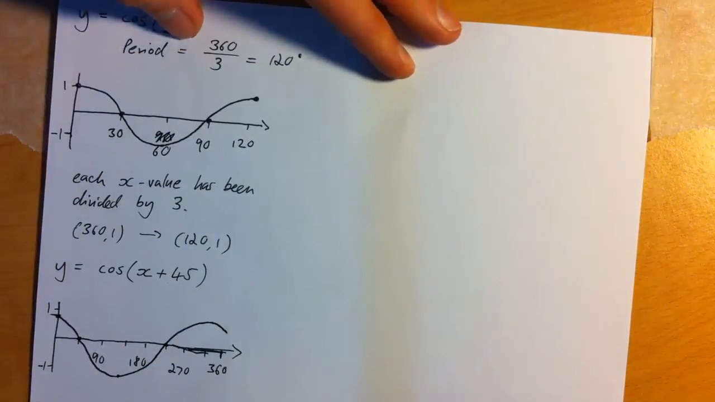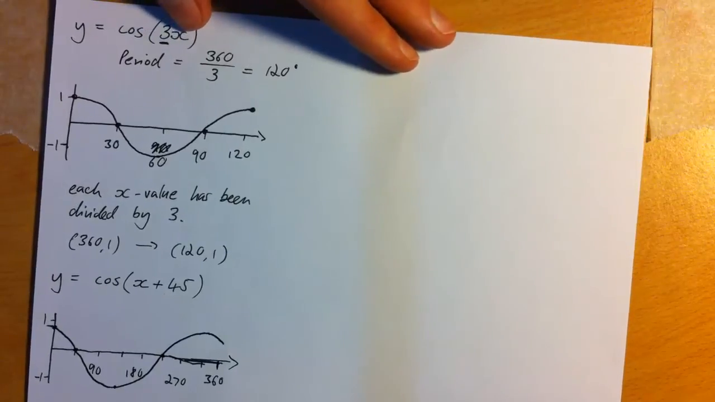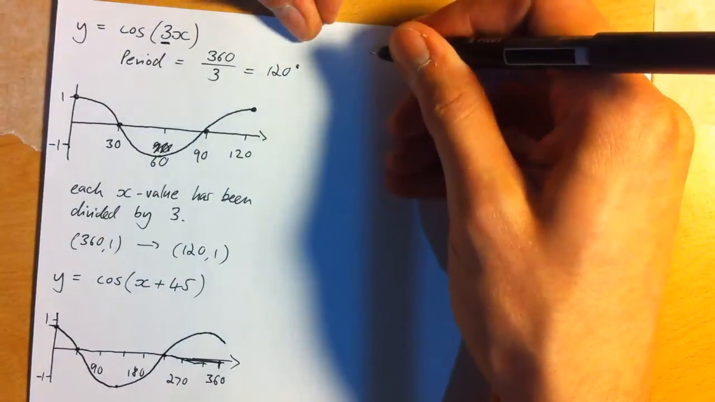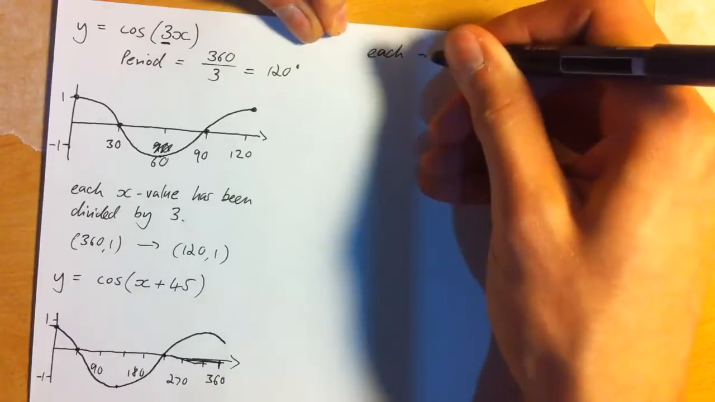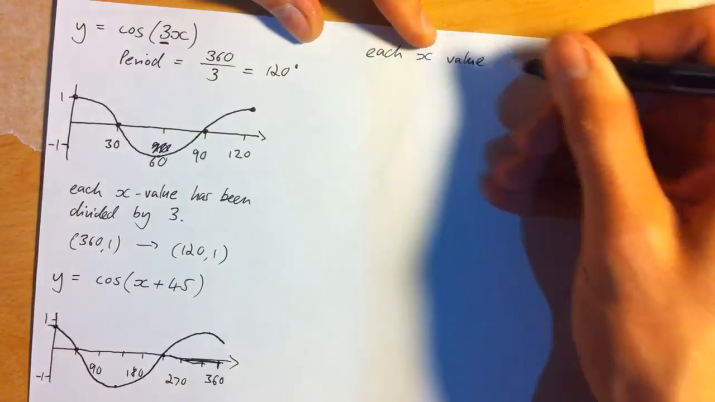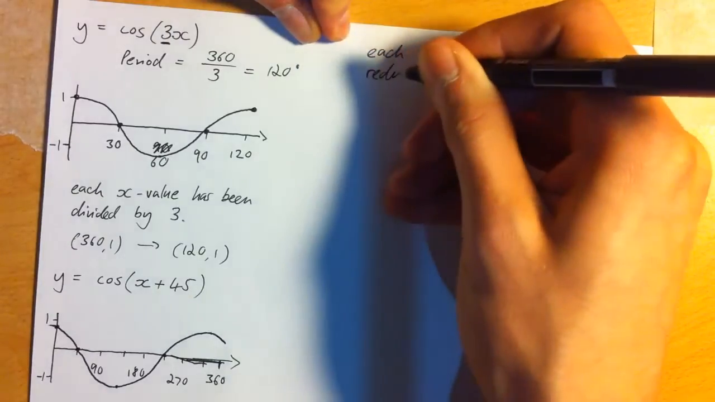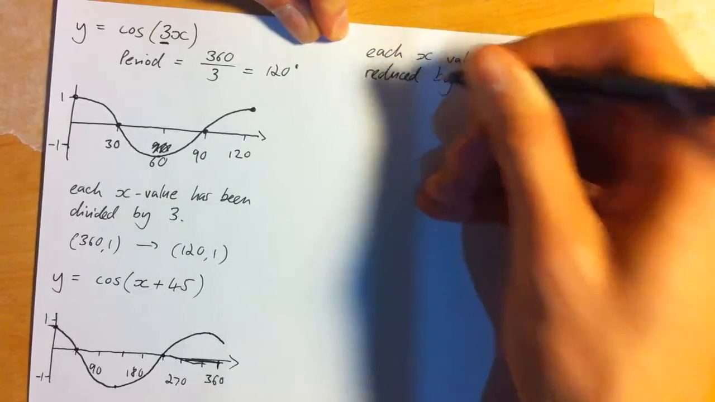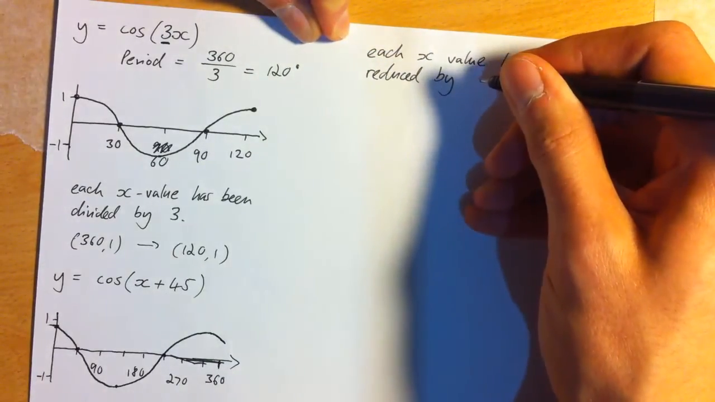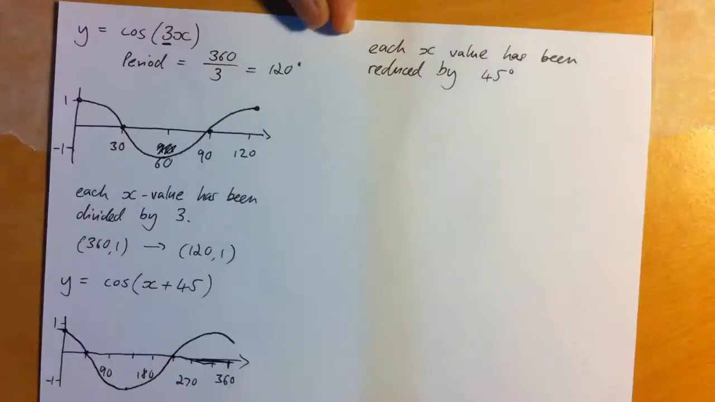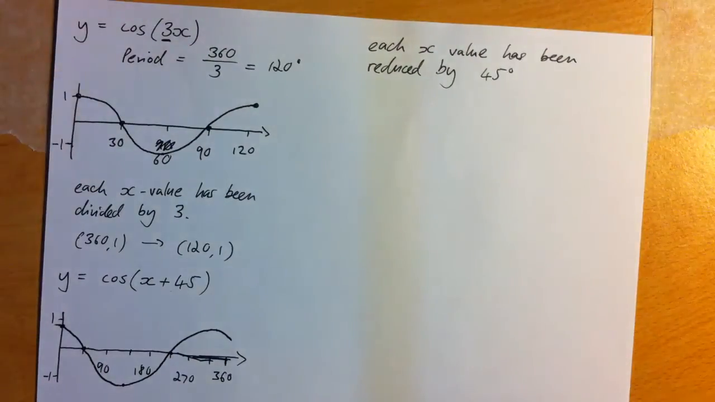Okay, so what's happened with this graph is each x value has been reduced by 45 degrees. If we go back to the original graph,